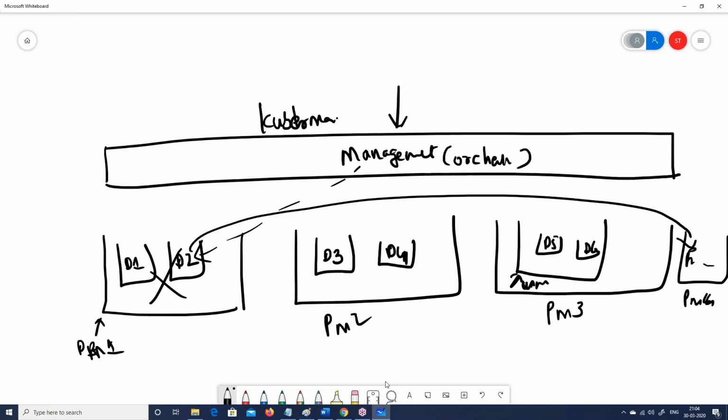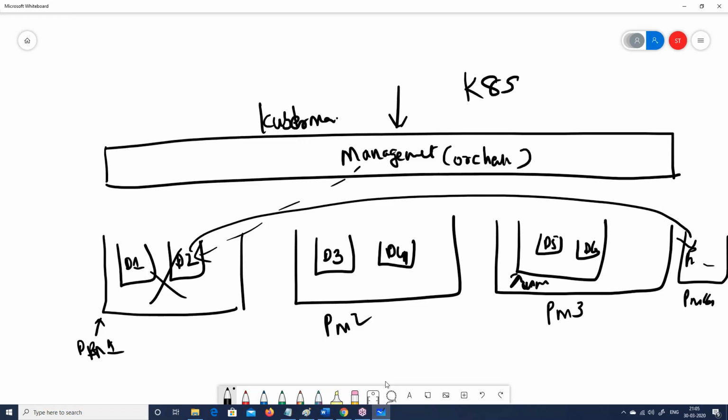Now Kubernetes is not tightly coupled with Docker. Definitely Docker does not need Kubernetes, and Kubernetes does not need Docker. A lot of people also say K8s for Kubernetes, right? Kubernetes is like a layer on top of it. So Docker can stay without Kubernetes, and Kubernetes can run without Docker. It can use other container technology as well.